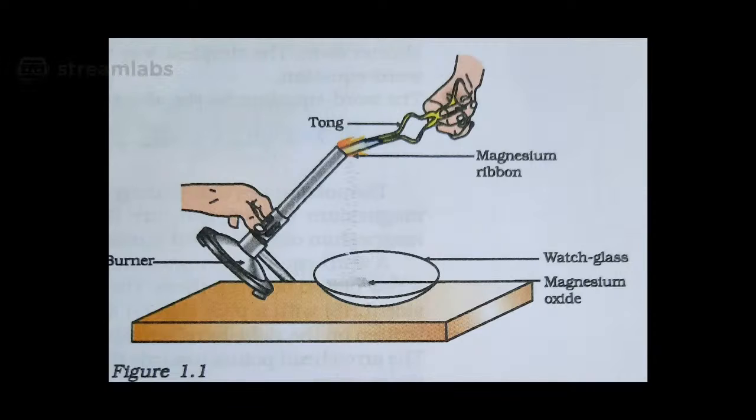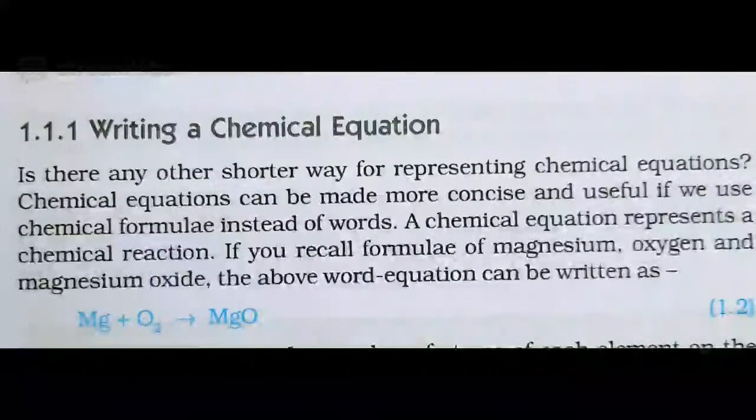It is represented as a chemical equation where magnesium reacts with oxygen, or magnesium burns in oxygen to form magnesium oxide. When you look at the equation, it is not balanced, right? And to balance it, we want to balance